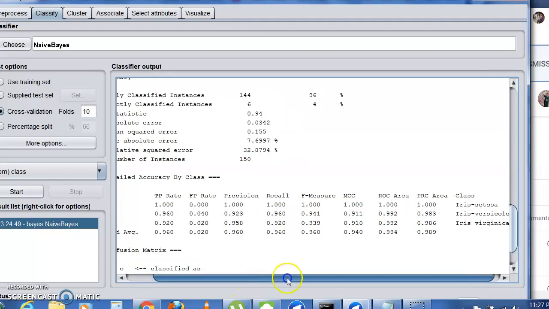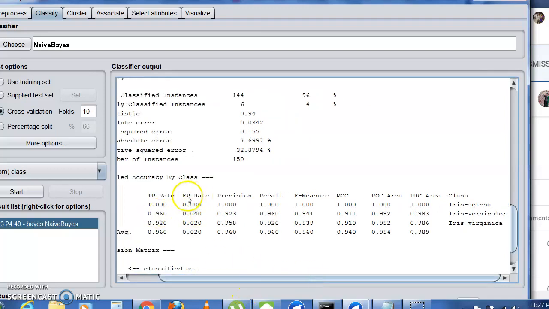Likewise, they have given everything: true positive and false positive, for sepal length, sepal width, petal length, and petal width. For each and everything it has been calculated. The first row is completely for Iris setosa.